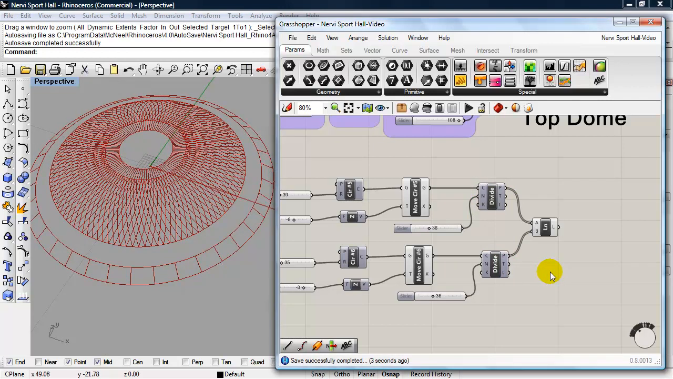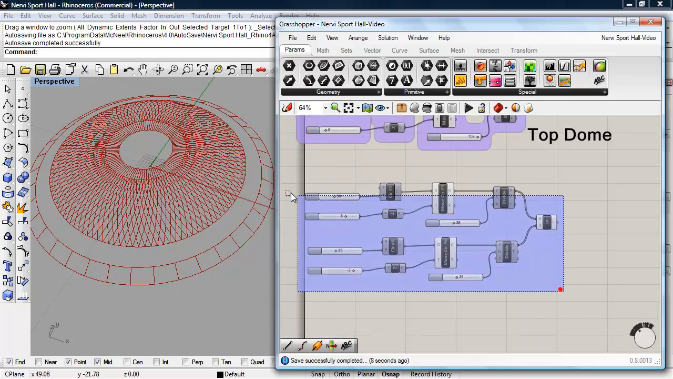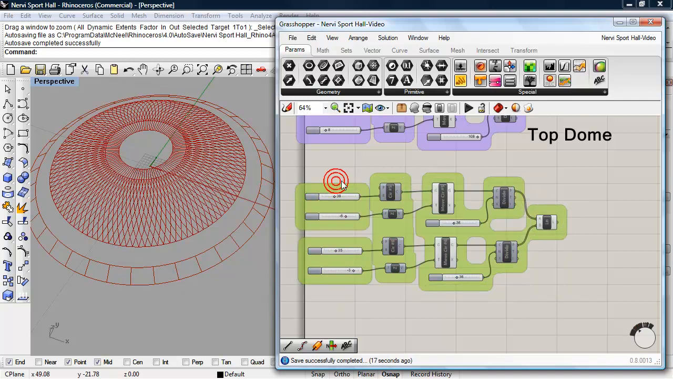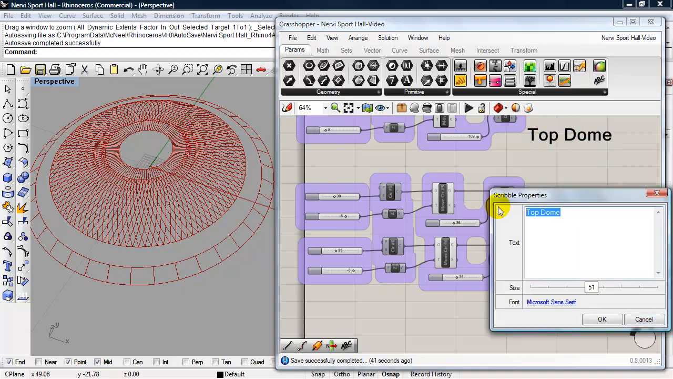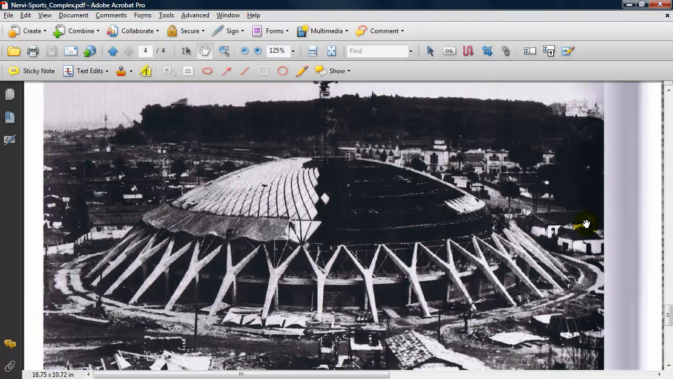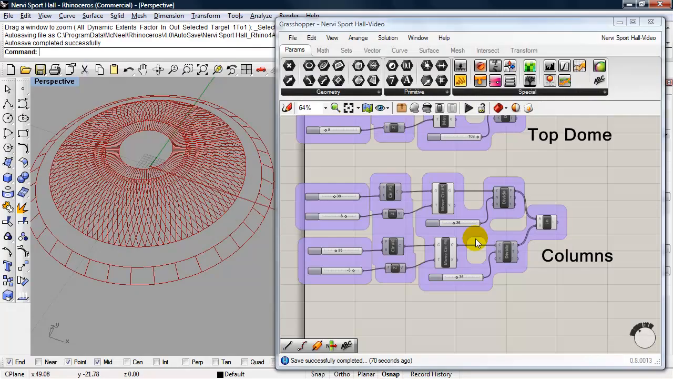Okay, so that's the base columns, and I think it's worth grouping this together. Ctrl G. And I'm going to copy and paste that text. So these are the columns. Okay, so looking back at that construction photo, we see that each column has a V at the top of it. So we're going to create that V, and